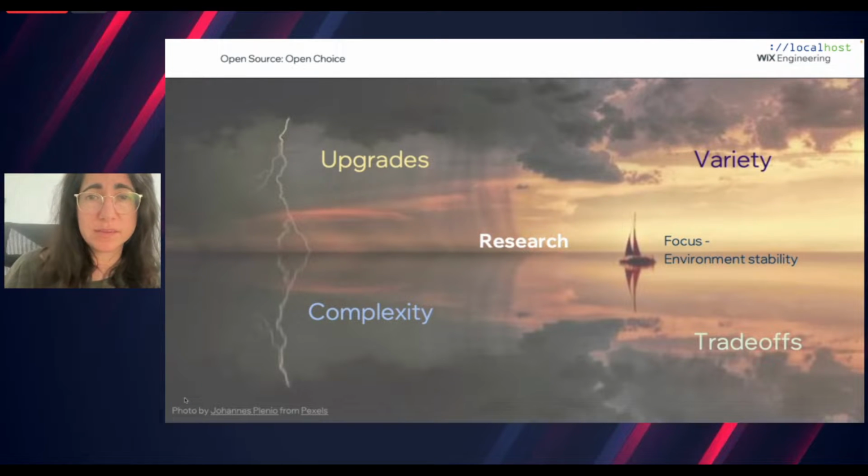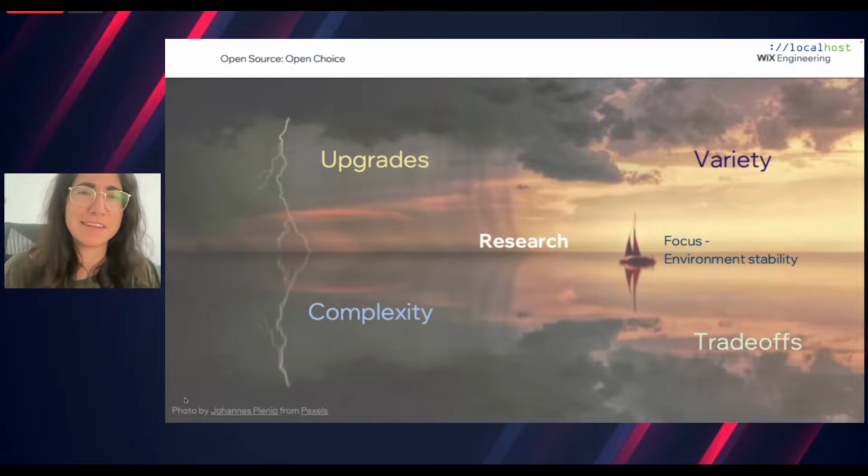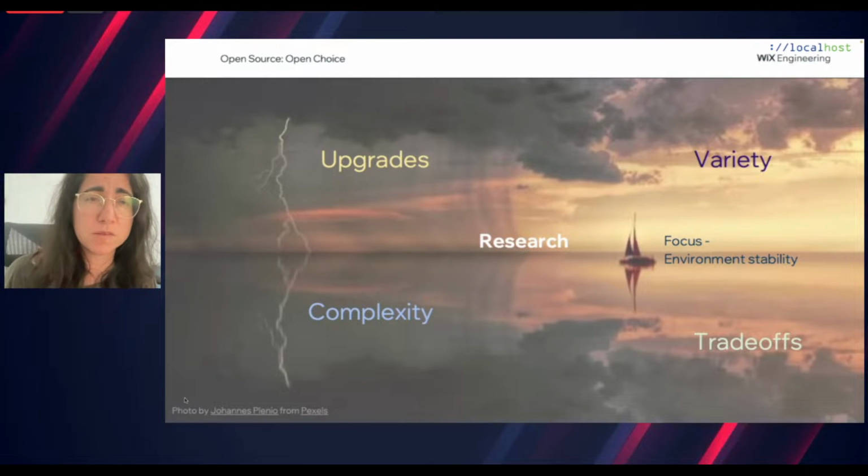Also, complexity. So show me one person that is able to upgrade Jenkins or its plugins without any fear that it will break, right? So there are complexities, there are dependencies that we need to think about in order not to cause any downtimes. And in the middle of everything, we have research, because once we find a project that we want to integrate in our environment, we need to read about it, read reviews, read if there are actual use cases in production. And we want to make sure that we know what we introduce to our environment.